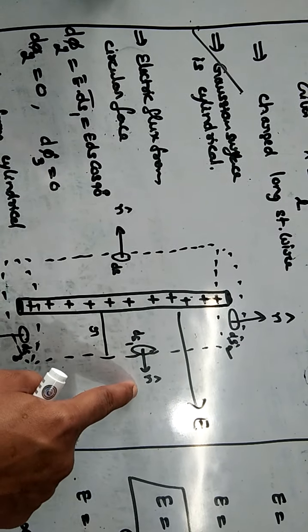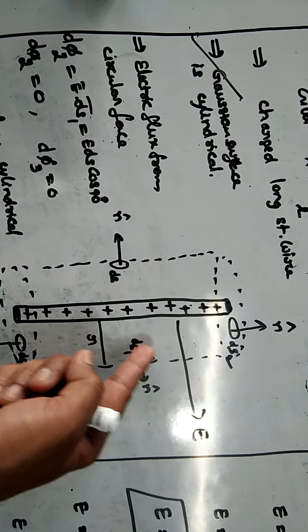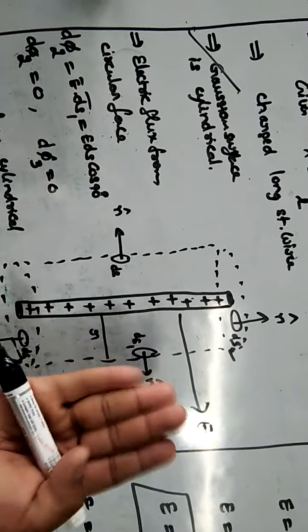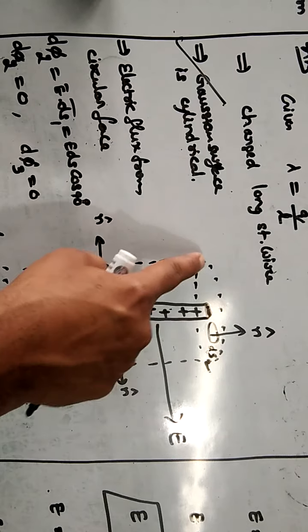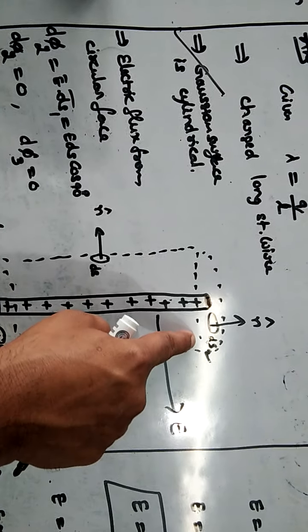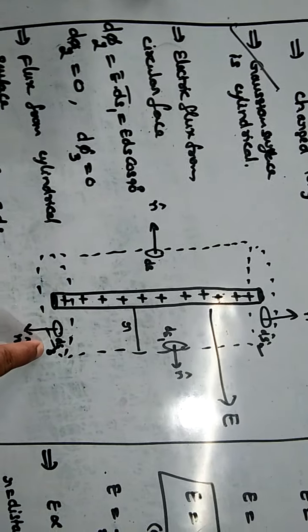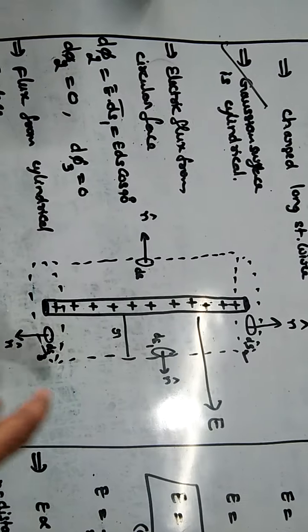I am drawing the normal n cap. I told you this is normal n cap, and this ds bar I am drawing beside means the cylindrical face is there, there I am writing ds1. And here another circular surface is there, the Gaussian surface. I am taking ds2. I am drawing n cap like this. Another circular surface below, so ds3, n cap like this. So three faces I am considering.